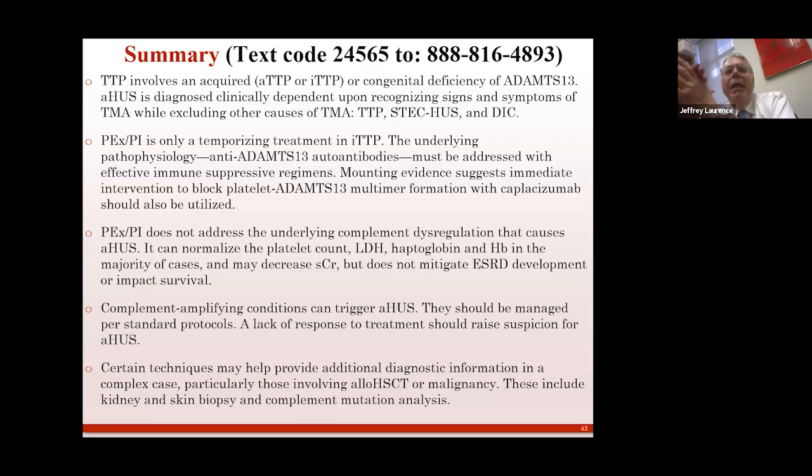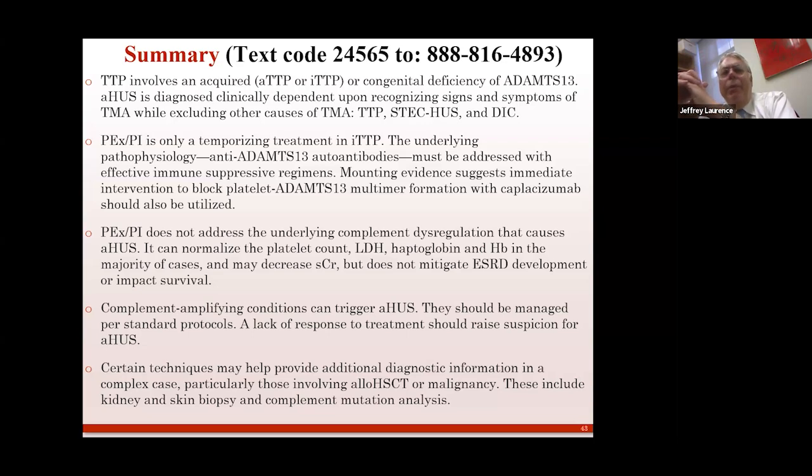In terms of duration, the package insert for Caplyta says you give it for the first 30 days, but you can stop it before the 30 days if you've gotten the Adams-13 over 20%. If you haven't, and I personally have not seen any of these patients, but I got a consult from Israel last night, of an individual that they've been unable to treat despite Rituxan, steroids, cyclosporin, the replacement for Rituxan. They've been unable to get the Adams-13 titer to decrease.